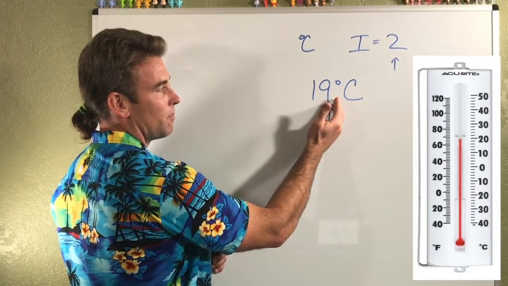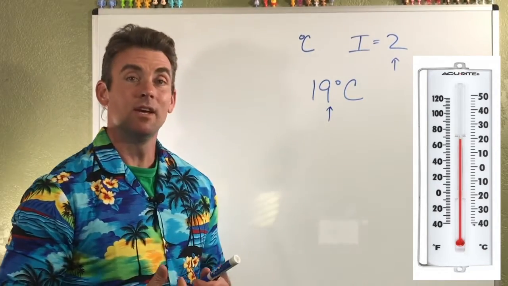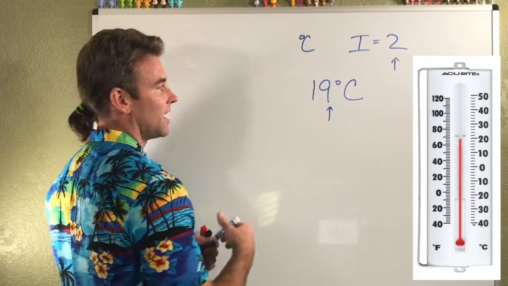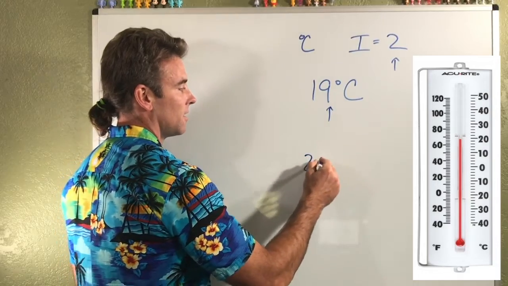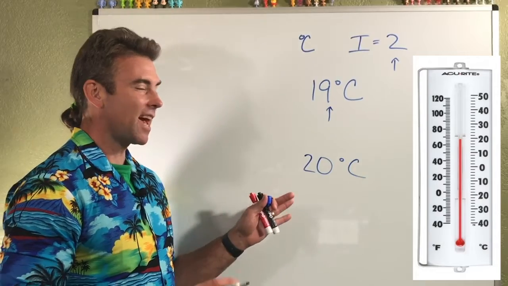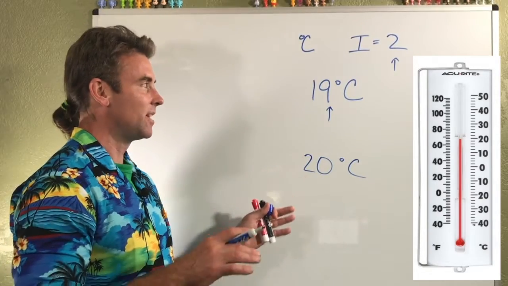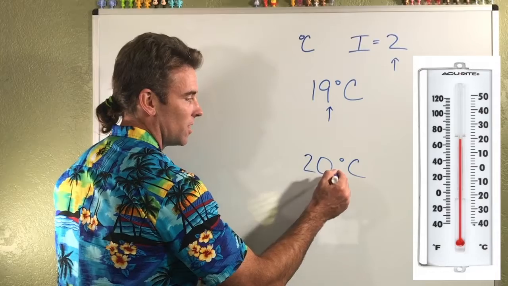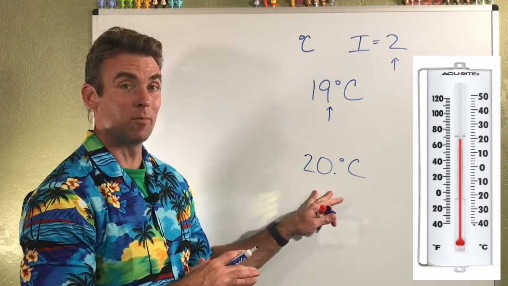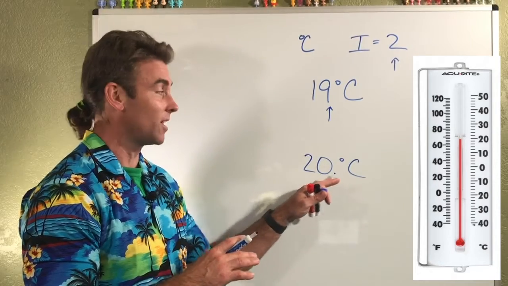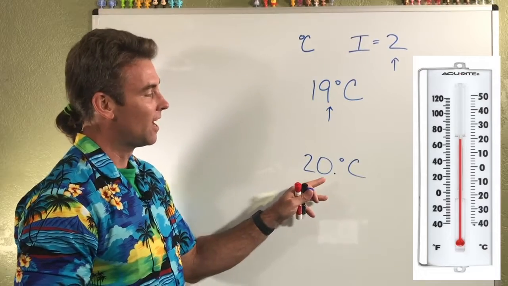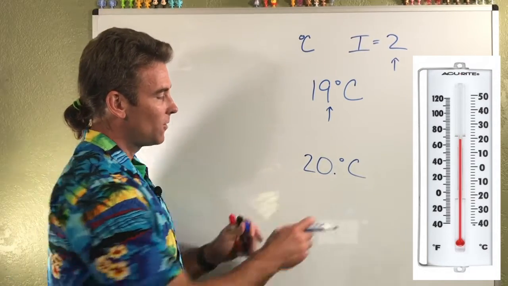If I were to say point something, that would be too precise. If I didn't do that, and let's say just recorded 20 degrees Celsius, it turns out that that is kind of in a no man's land, because are you saying that it's 20 with a dot next to it, right? Which actually is the proper way of reporting that, if you think that's actually 20, you have to use that little dot there. I know, we'll get to that when we start talking about sig figs. But without the dot there,